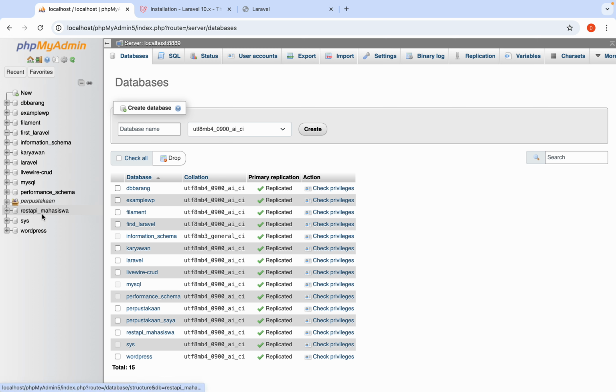I don't, because I have finished this. I have this. This is the good feature in Laravel 10, it is automatically added.